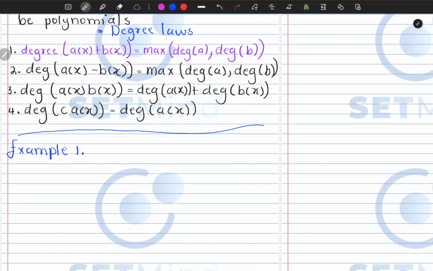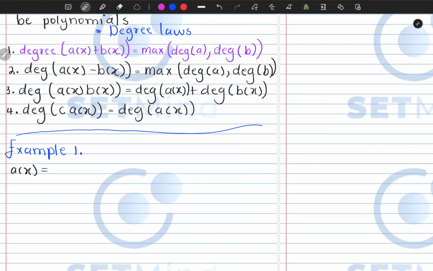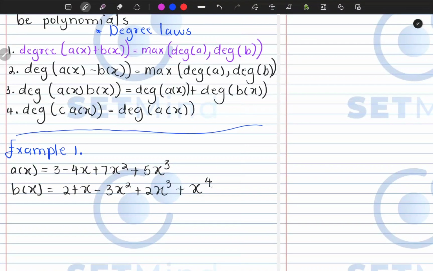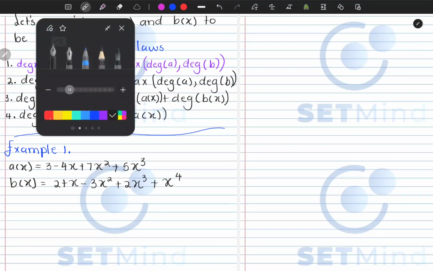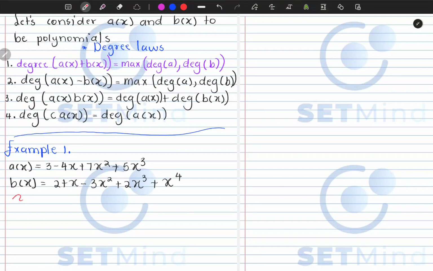In this example, we are given that a of x is equal to 3 minus 4x plus 7x squared plus 5x cubed. And we are also given that b of x is equal to 2 plus x minus 3x squared plus 2x cubed, then plus x to the power of 4. So what we want to test is law 1. Law 1 says that whenever we are looking at the degree of the product of two polynomials, a of x and b of x, the answer will just be